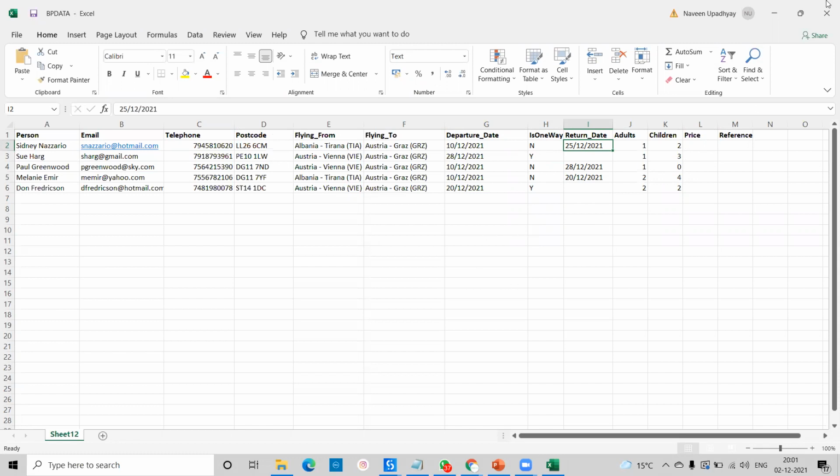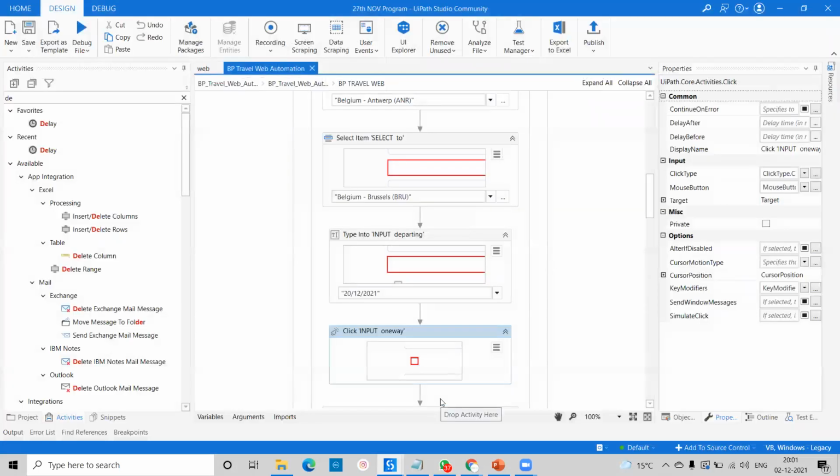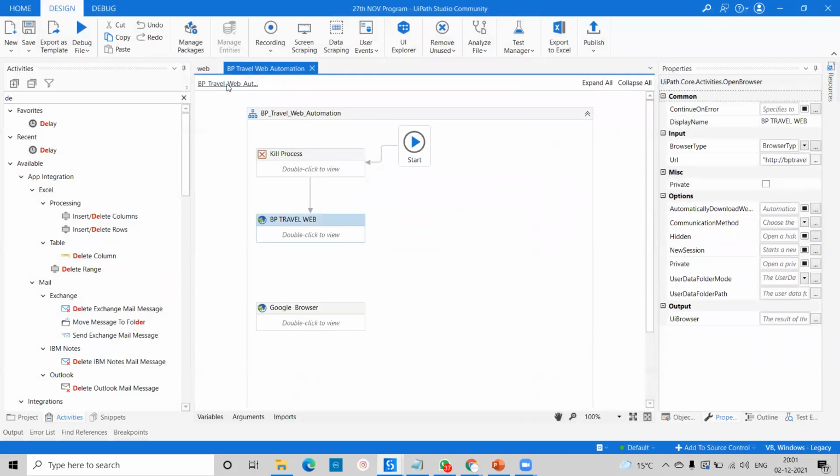Okay, so this is a web-based automation. Today we have learned how to automate on different browsers, how to automate in the Conda window, and how to navigate from one browser to another browser. We have learned kill process, how to kill any process. So these things we have learned.